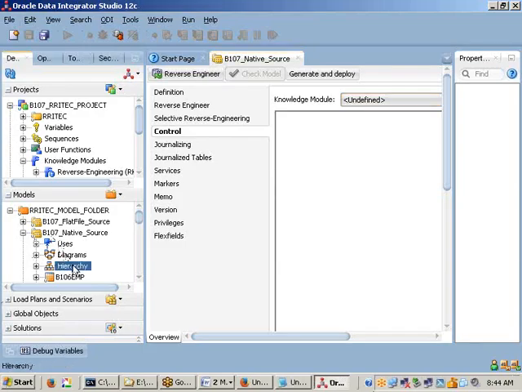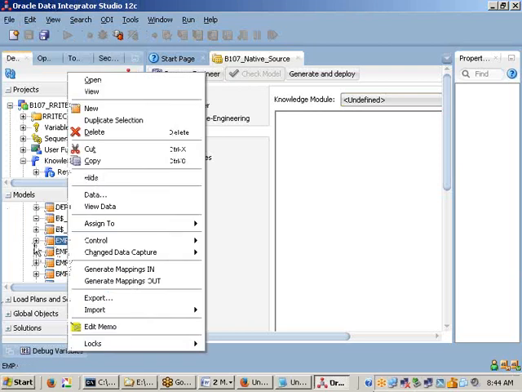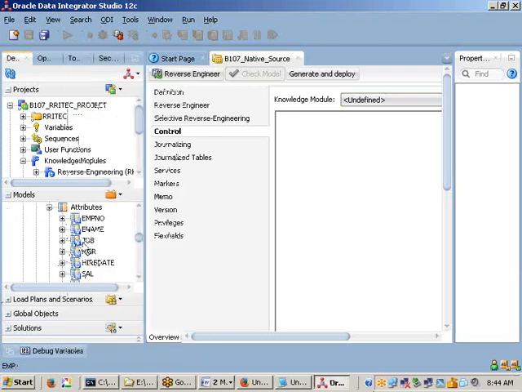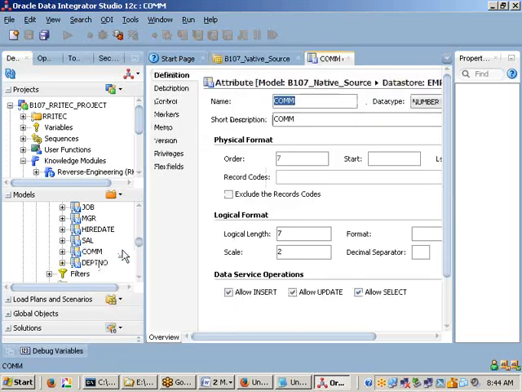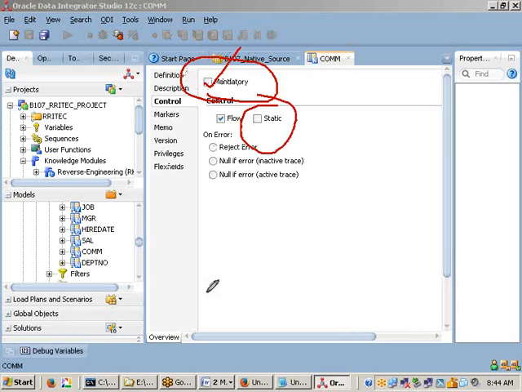See here, I have your EMP table available. In the EMP table, if I observe the attributes, I have one column called commission. Open this one, control tab. Is the mandatory option enabled or disabled, sir? It is disabled. So I want to check this as mandatory. And what type of checking are we learning now? Static. Enable this one. These two things we need to do.